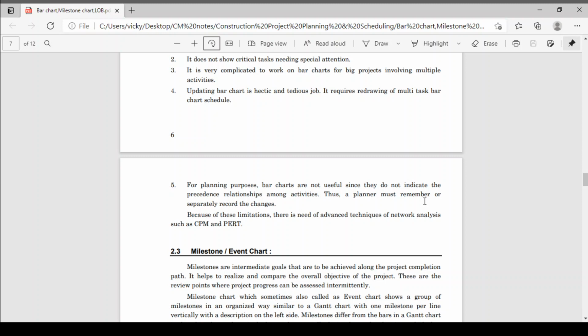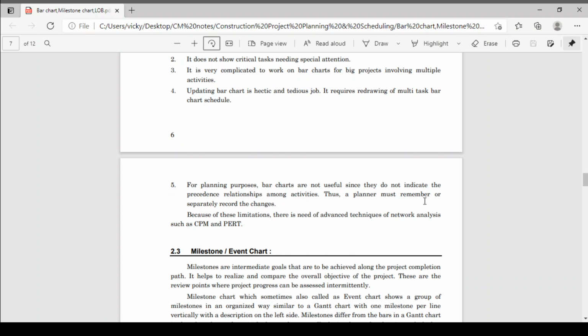Next one is that for planning purposes, bar charts are not useful since they do not indicate the precedence relationship amongst the activities. They can show only the relation between one activity and the next, but there are relations between different activities. There are n number of activities and every activity has a relation with another 4, 5, 6 activities. So that cannot be maintained here. So this is also one disadvantage.